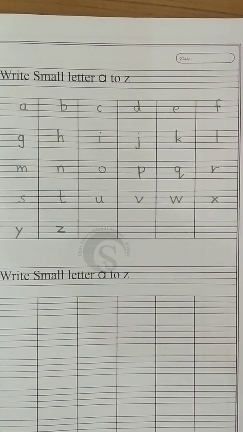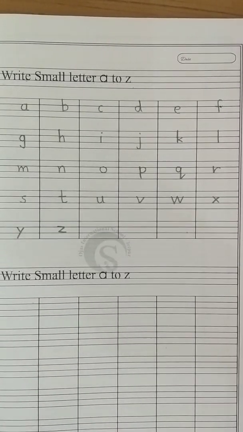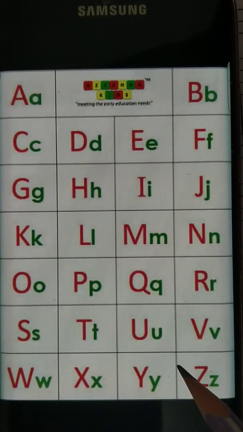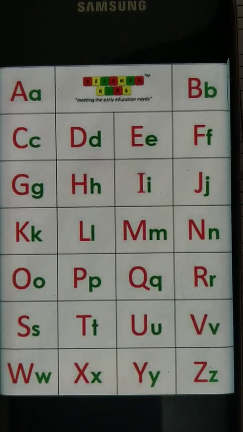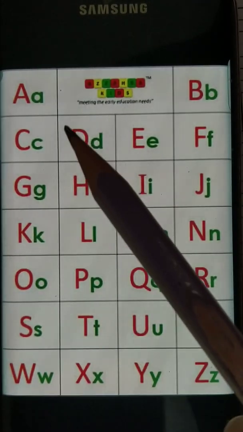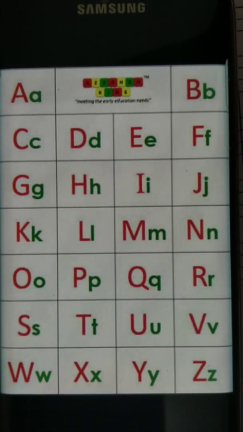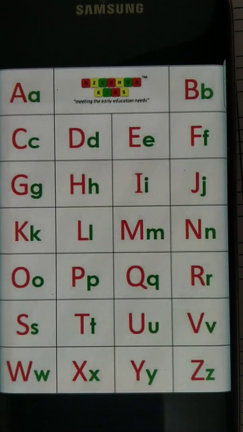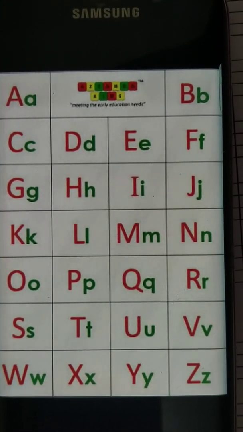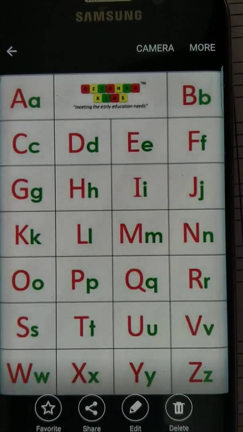And now children, you know the capital alphabet and small alphabet also. So now according to capital and small alphabet, we are going to fill one worksheet. See children, here capital and small alphabet together. Capital A, capital B, small b. Like this, see all alphabet, all letters, capital and small are given together. So now you have to identify which is capital and which is small. So like this, we are going to fill one worksheet. Let us fill.